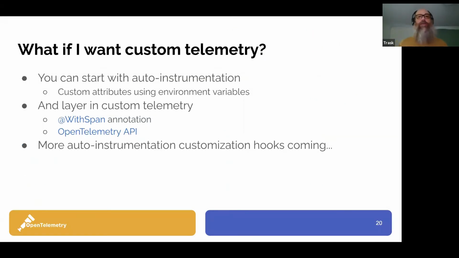So one question you might be asking is, auto-instrumentation is great, but what if I want custom telemetry also? I like to recommend starting with just auto-instrumentation out of the box, try it out. That way you can start seeing telemetry flow to your backend monitoring system. And then you can start to layer in custom telemetry on top of that or inside of that. Depending on the complexity of your needs, there's a couple of different ways to add